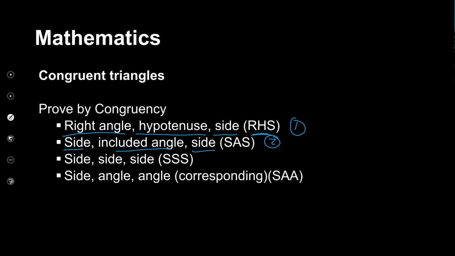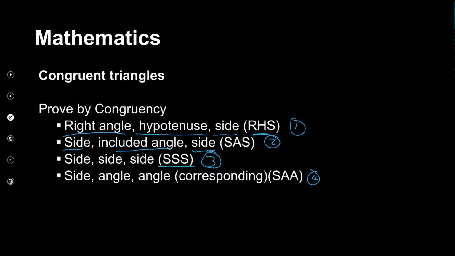Not that I must prove it with the first one. No, I can use either one of the first two. Then the third one will be side, side, side. Remember, all three sides are equal. Then I can try and use this one as the third option. Not that I'm using all of them. And then the last one will be side, angle, side, which you can use either one of the four conditions